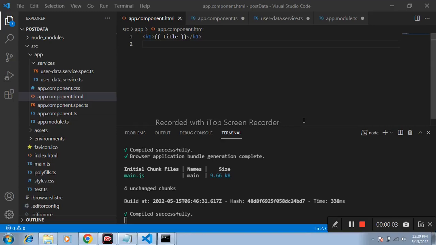In the last video, we learned how to get data from a server. Today, in this video, we learn how to post data to a server. Let's see. Firstly, I am creating one form